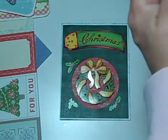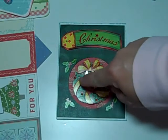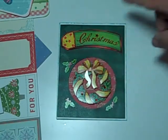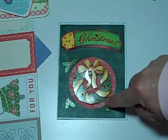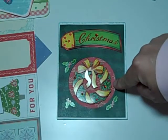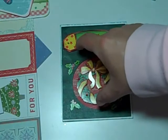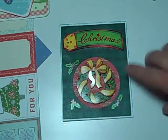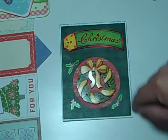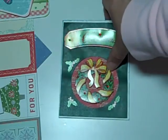bigger than this circle. And I don't even remember the sizes I cut this at, but I just took my circle cutter and I laid it over it until I knew I had the right size for this, and then I cut the Merry Christmas underneath just that much bigger so it fit right. And then put the holly leaves around it and put the Christmas and ink the edges with, is it needlepoint